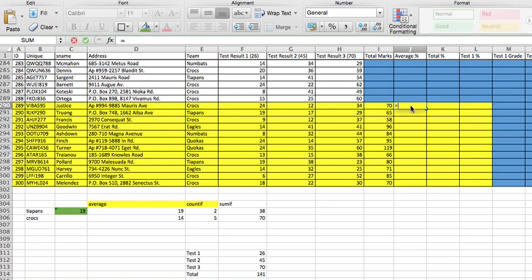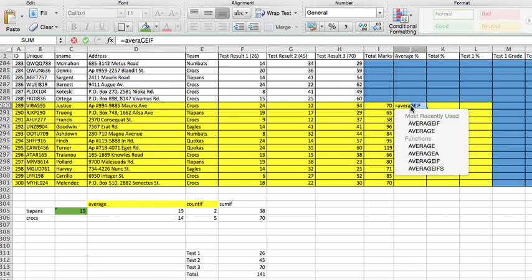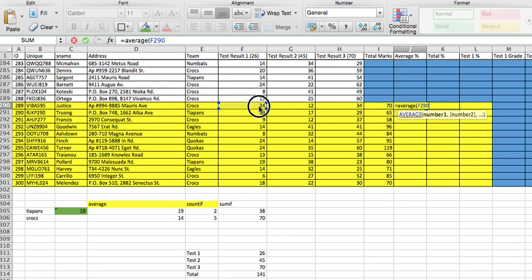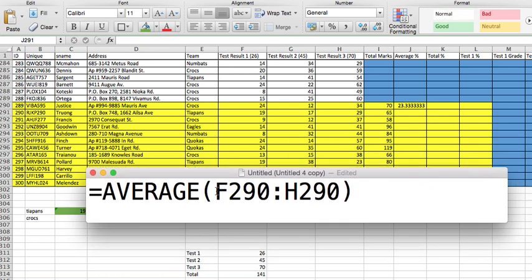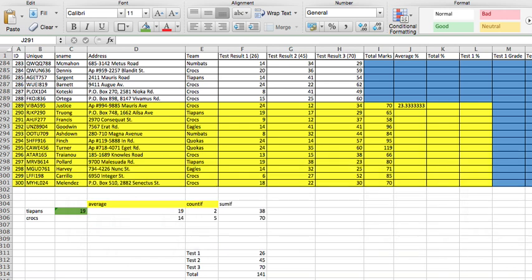Average is simple again. Now, just the average of these three cells. Once again, get a calculator out, double check that this is the correct average. So make sure we're doing the same from F to H, and that's really simple. I'm going to skip over the total percent for a moment and just go for the test 1%